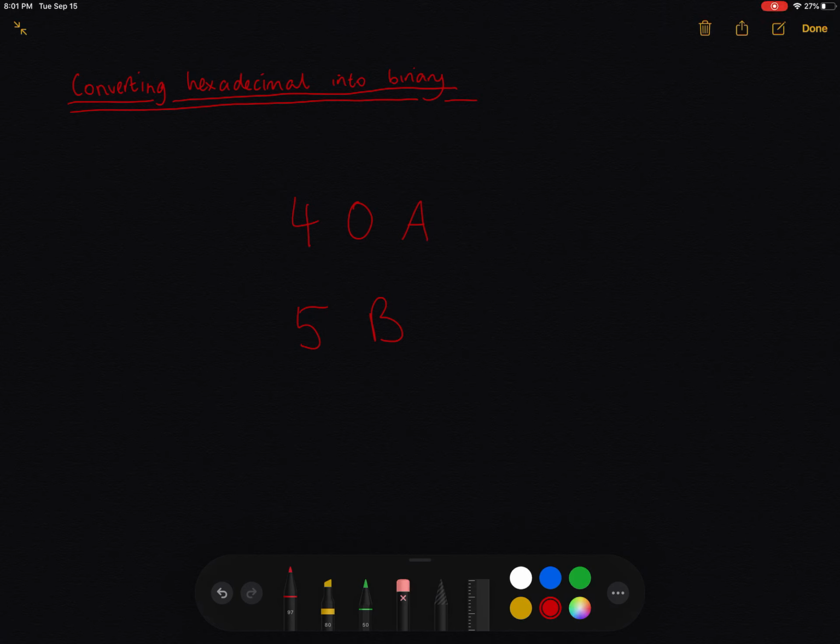In this video, we're going to look at how we can easily convert hexadecimal into binary. Here I've got two hexadecimal numbers: 40A at the top, and underneath that I've got 5B. I'm going to very quickly show you how to easily convert them